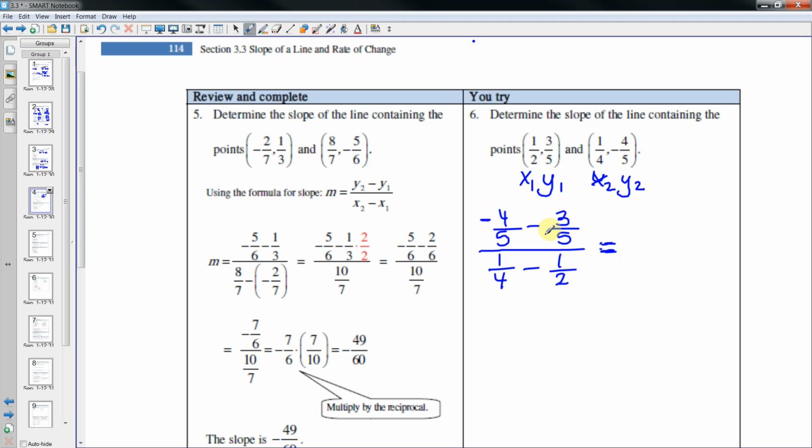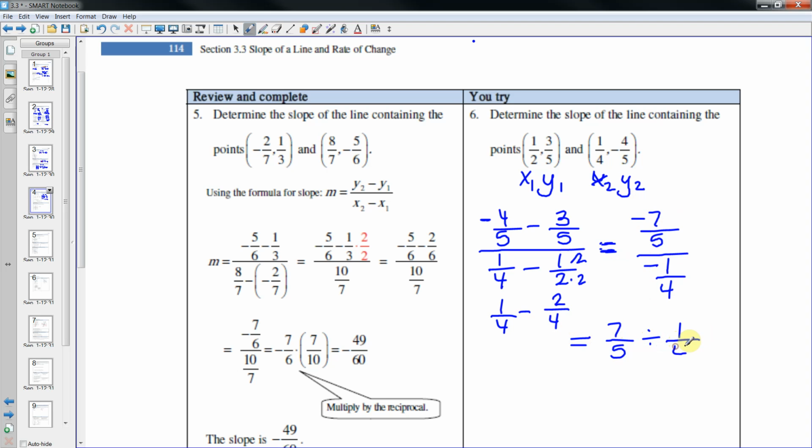So negative 4 over 5 minus 3 over 5 would be negative 7 over 5. Divided by, on the bottom, 4 is my denominator. So I'm going to have 1/4 minus 2 times 2 is 4, 1 times 2 is 2. 1/4 minus 2/4 is a negative 1/4. Now before I do the division, I'm just going to tell you the two negatives are going to cancel each other out. So I'm going to have 7/5